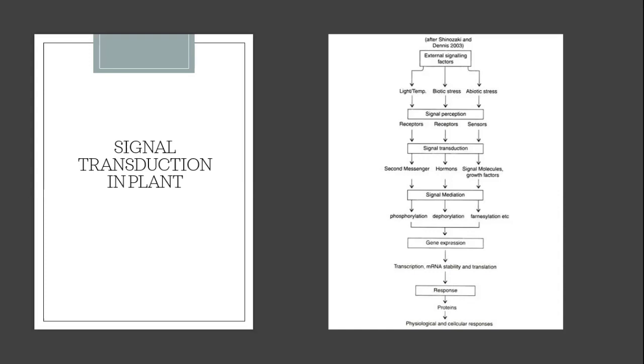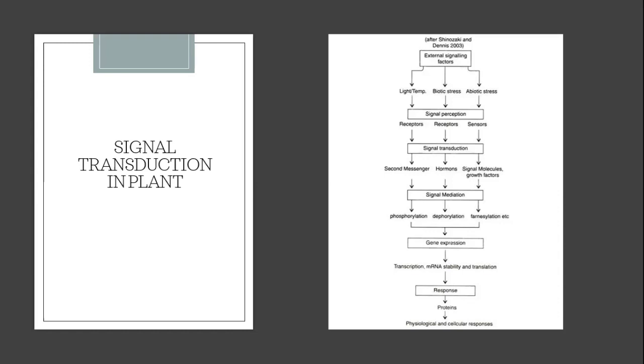Now, perception of signal means understanding that a certain change has occurred, and this understanding of the change is nothing but the perception of signal. This perception of signal is generally done by certain organs. In case of plants, many times this perception is done by leaves and other organs. Leaves are the major part of a plant, so many times you will find that many signals are perceived by